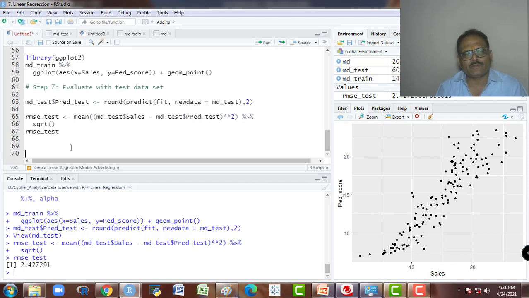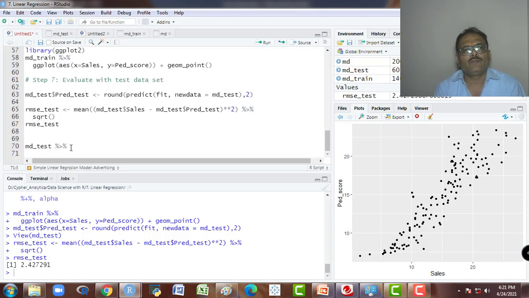We will also plot here the same thing. So md test, and I am using ggplot2 here. So ggplot aesthetic I am using, on the x-axis I am using cells, on the y-axis I am using predicted test.